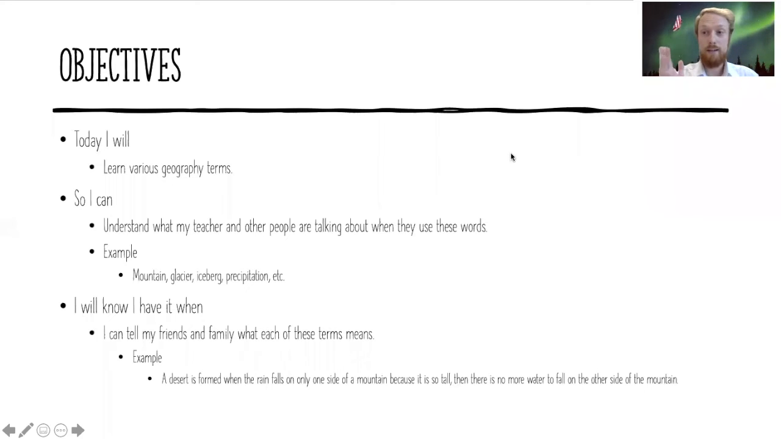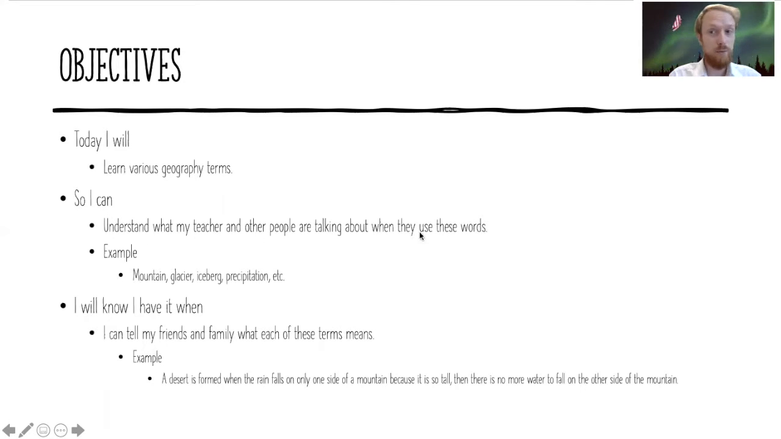All right, and today we're going to learn about... let's say this together, okay? Repeat it. All right, and let's go ahead and look at our objectives. So today, let's please say this together. Are you ready? Today I will learn various geography terms